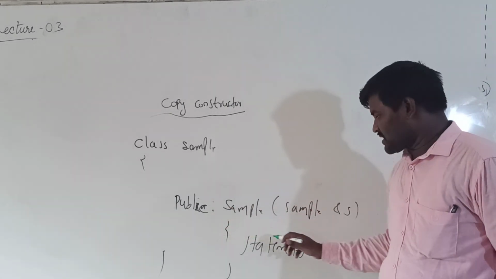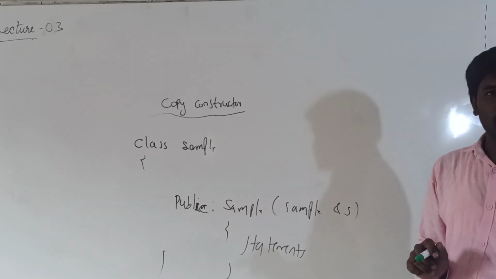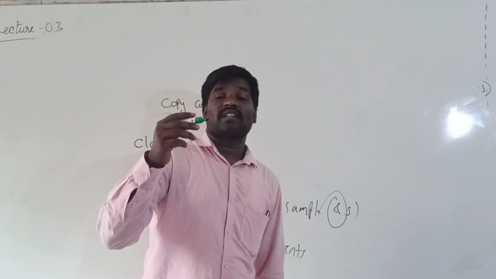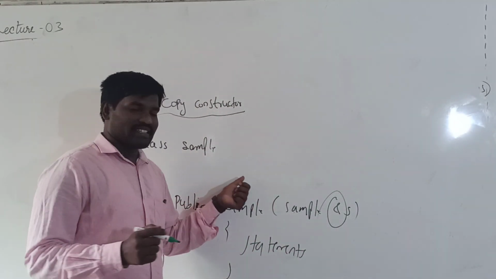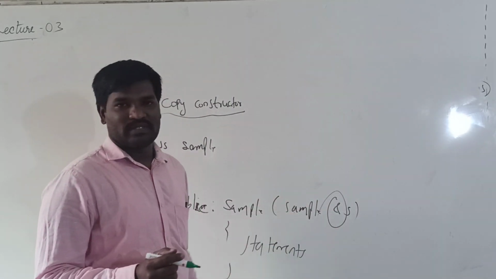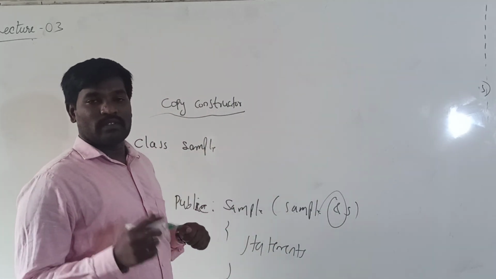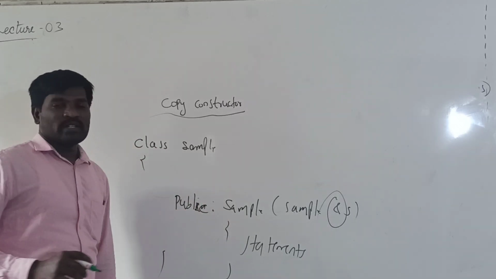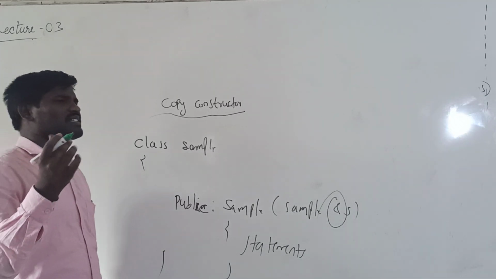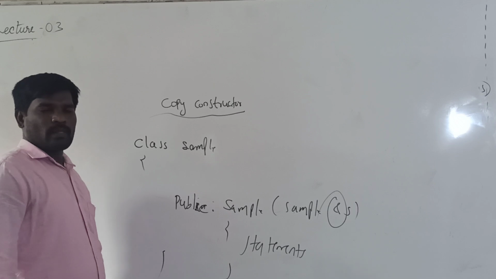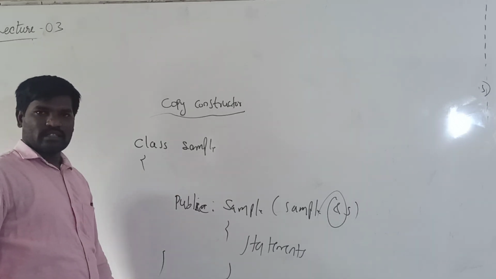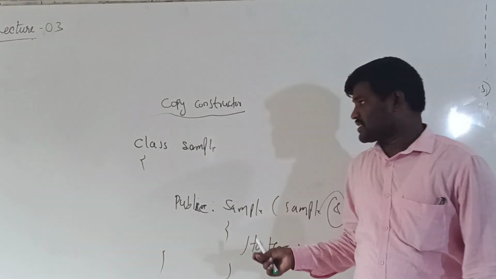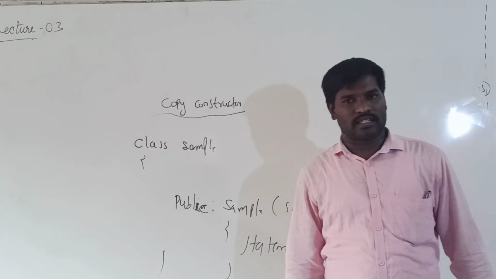this copy constructor will take the object as its argument. Then why do you have to mention this &? Here & indicates the reference variable. For example, if I declare A and B, so this S object will refer to the A and B with the help of another object. Okay, so this is the concept of copy constructor. Just you have to remember the definition and syntax. I will tell you an example clearly. So in the next class, we will discuss the program on copy constructor. Okay, thank you.